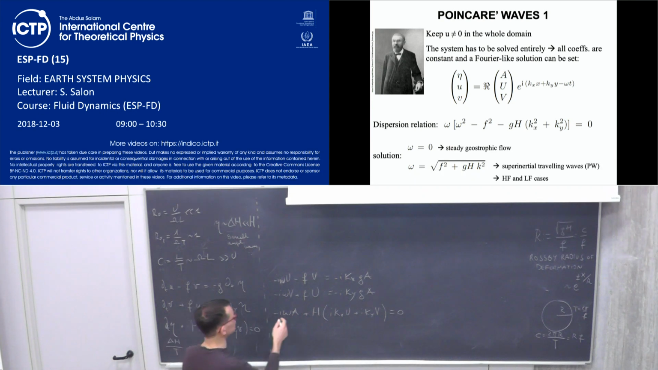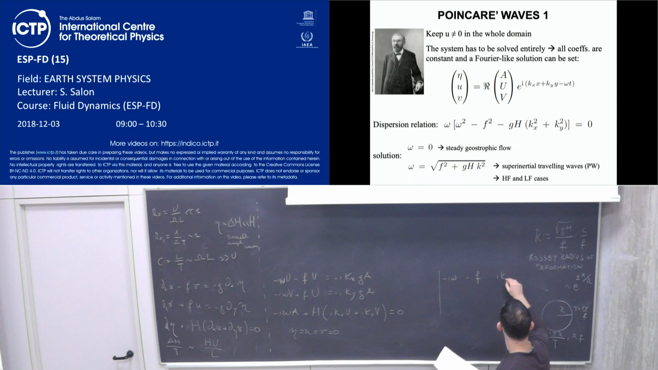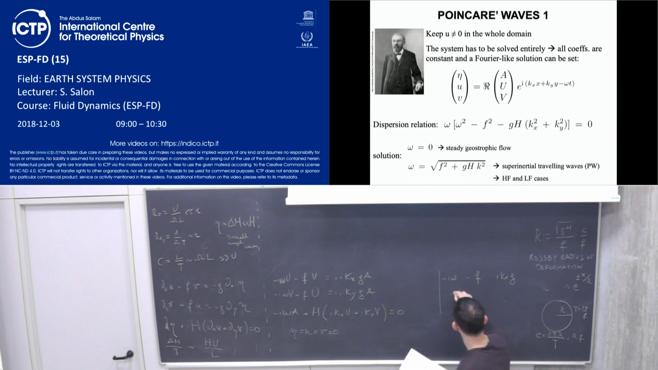So a trivial solution for this is obviously that eta is equal to u is equal to v is equal to 0. But we can analyze this system and construct the determinant of this system, which is composed of all the coefficients which multiply capital U, capital V, and capital A, and we obtain